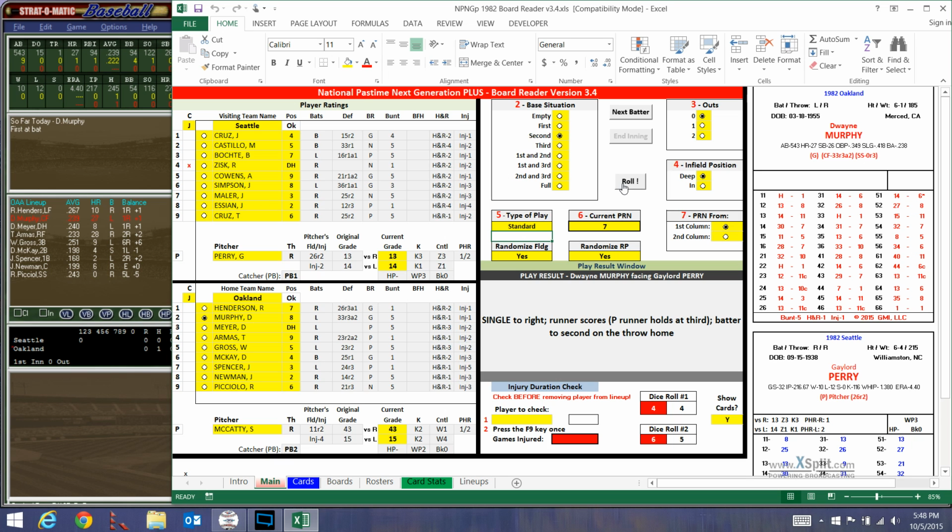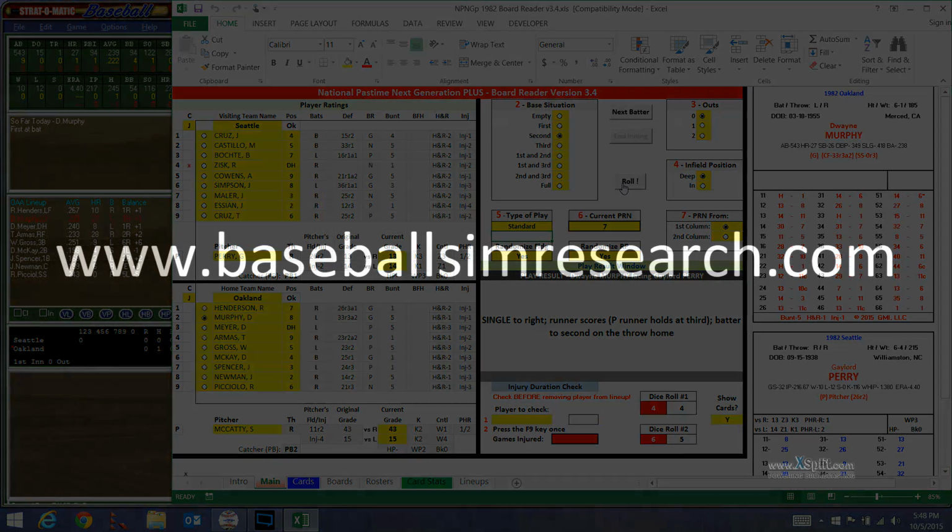So that's basically the new features in the board reader. You can visit my website and Bill's website. Again, Bill's website, if you Google National Pastime Next Generation, you'll find a link to it. My website is